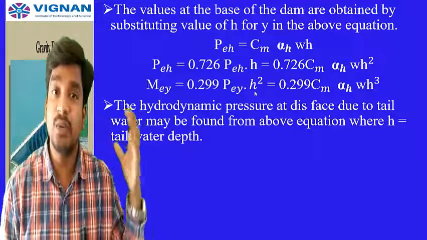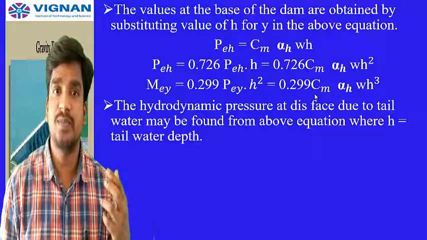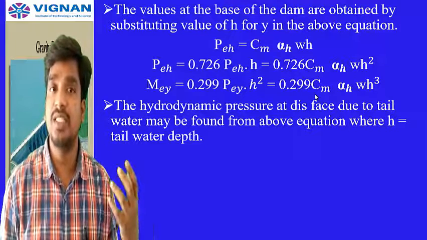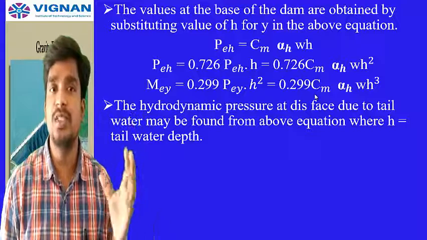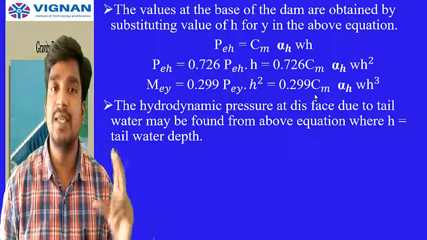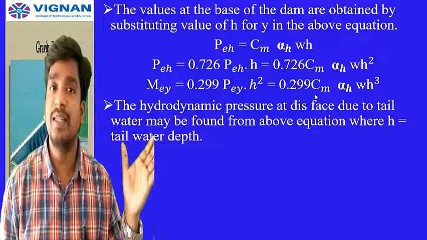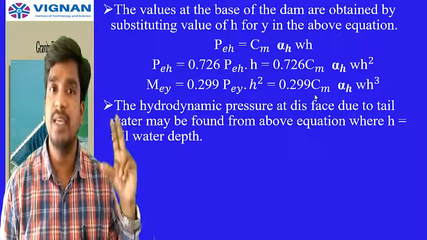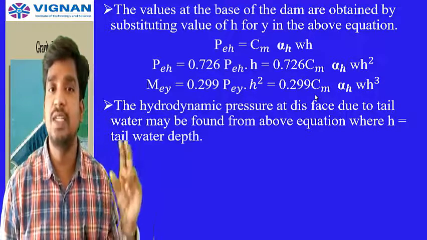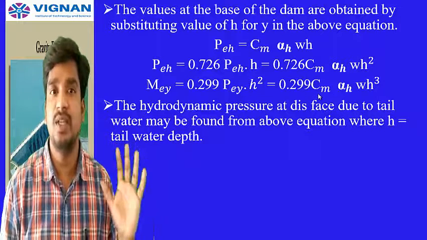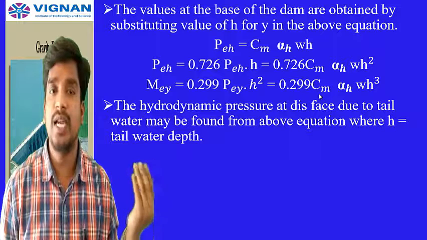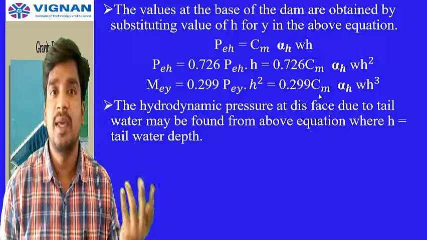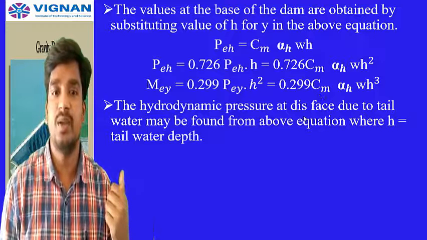Till now, whatever we have calculated, those values are for the upstream surface. The effects of horizontal and earthquake acceleration that we have considered are on the upstream side. The same equations are used for the downstream side, just by replacing the height of the dam water at the upstream, which is considered as capital H, with the tailwater height. So the tailwater height is replaced, and then we can compute the hydrodynamic pressure at the downstream side also. Means tailwater hydrostatic pressure can also be calculated using the same equations.